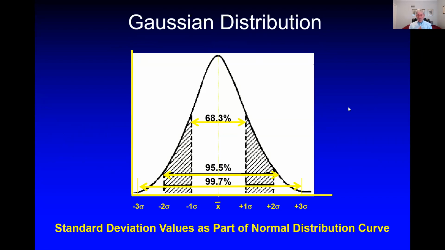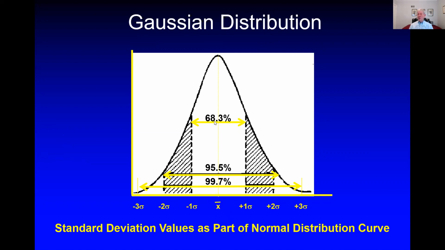And the bad news is that sometimes on the exam, they expect you to know this number and this one, not the bottom one. But if they ask you what percent of all values for a Gaussian distribution falls between mean plus 1 sigma and mean minus 1 sigma, that's this large white area in the middle, the value is going to be